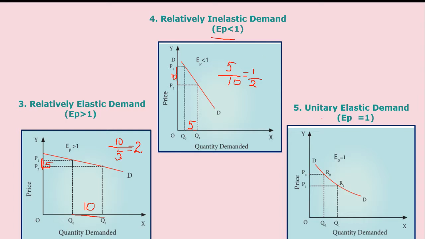The last one, unitary elastic demand. There is a change in the price. The change in the price is 5. And there is also a change in the quantity. The change in the quantity is also 5. That means the change in the price is equal to the change in the quantity. So what is the formula? Change in quantity demanded is 5. Change in price is 5. So 5 divided by 5 is equal to 1. So this is called unitary elastic demand or unit elastic demand, where price elasticity of demand is equal to